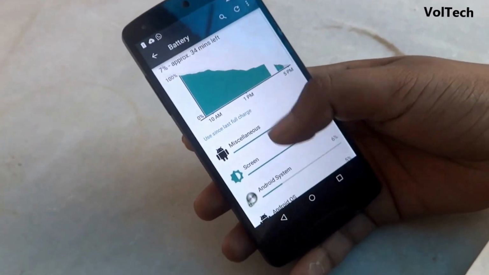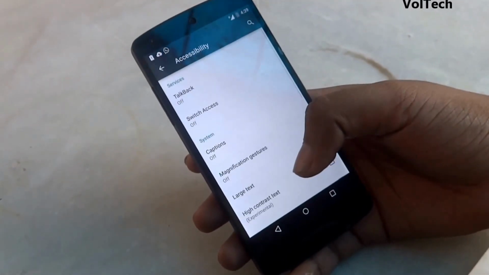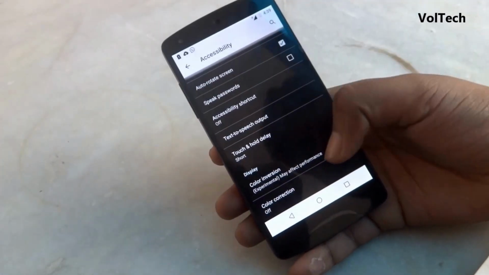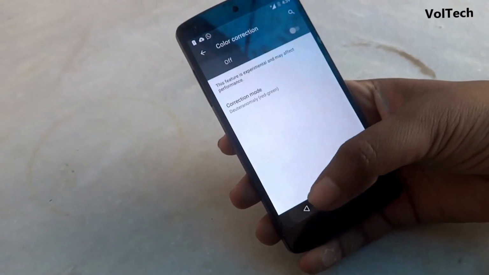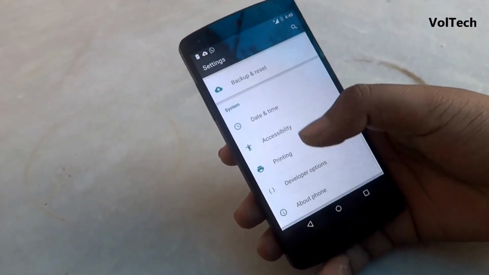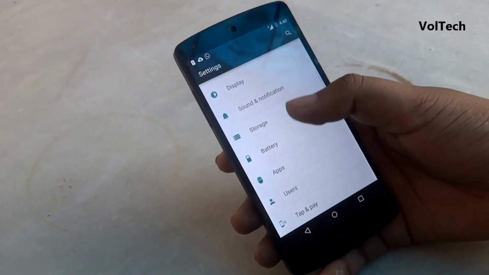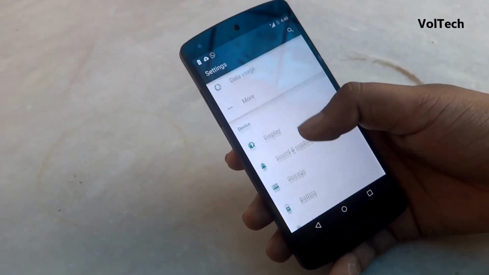Apart from this, the accessibility features that they got in the developer preview version, they have still got, like the color inversion capability you can see, or the color correction. Also, there is one more feature that I found on this, which was that in multitasking you can pin a particular app if you want.